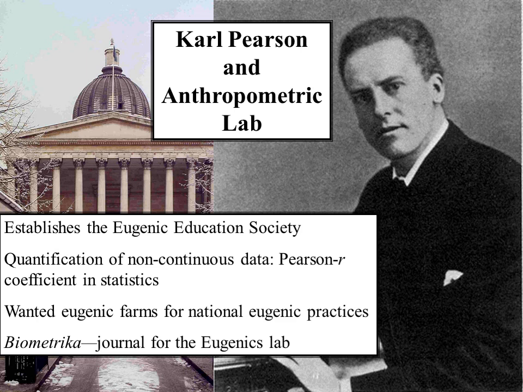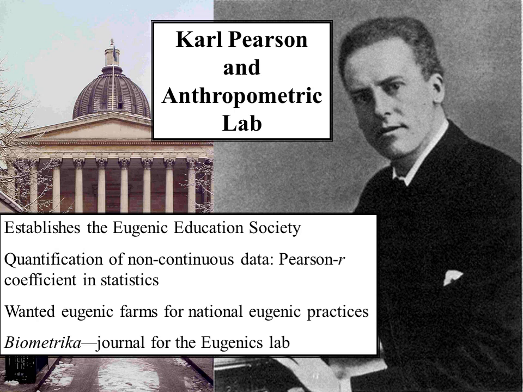One of Pearson's main arguments was that only 12% of the population reproduces 50% of the next generation. And how scary is it that a lot of that 12% is the wrong type of person, essentially. And so he wanted to make sure that the right type of people were procreating.